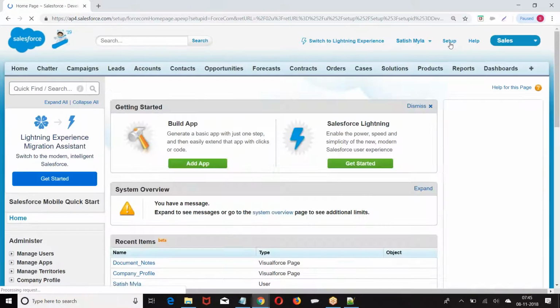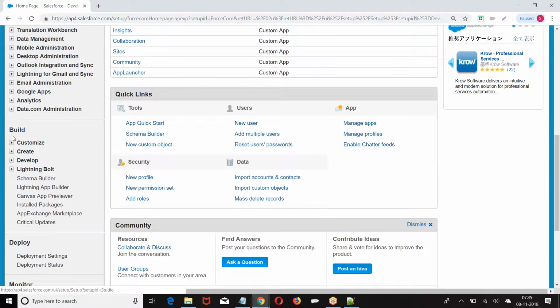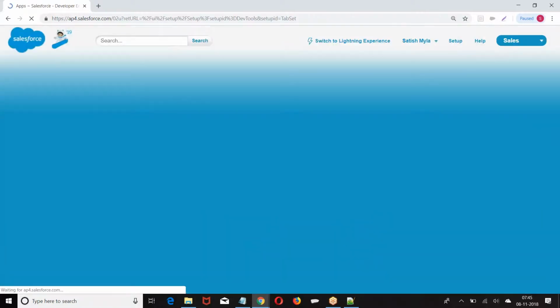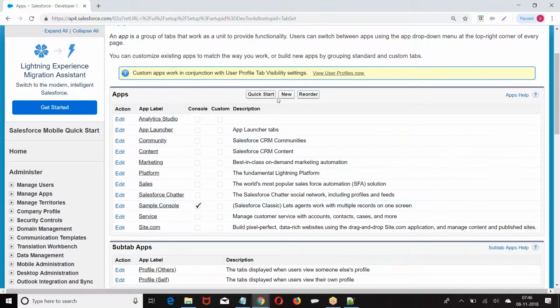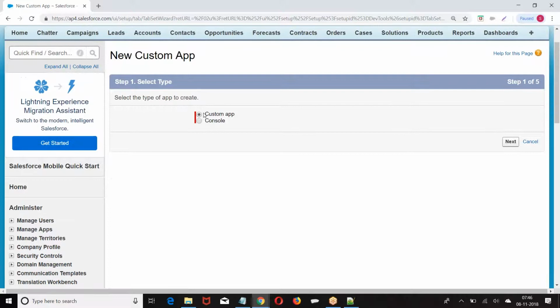These are the standard applications: Site.com, service console, charter, sales, marketing, content, community, all these are standard. Then, are you going for a custom app or a console app?